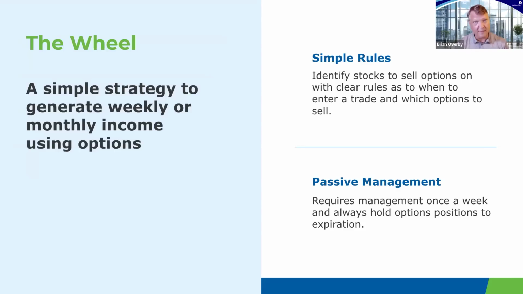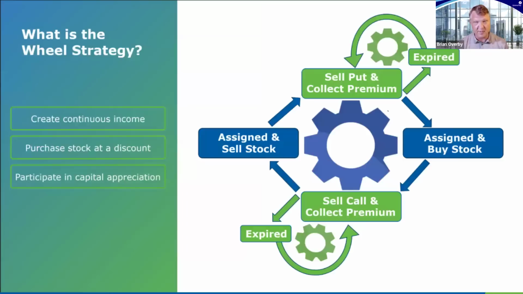I'm going to try to ladder them, especially in this marketplace, to say I'm willing to buy at lower prices on the way down, and then I'm going to be selling calls against them once I put them in. And that's the concept of the wheel strategy. So continuous income, you're really trying to make your money from the premium received, more so than from the capital gains on the stock. And the way that I always would approach the wheel strategy when I look at this